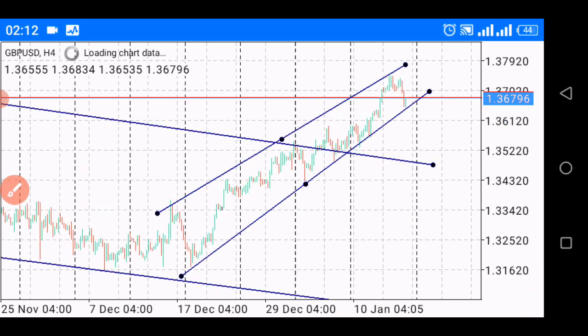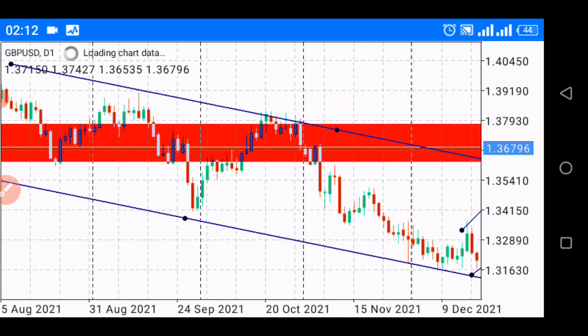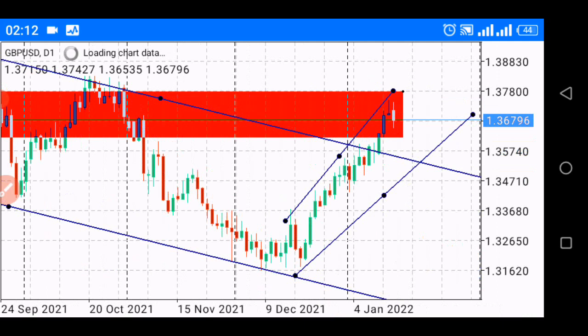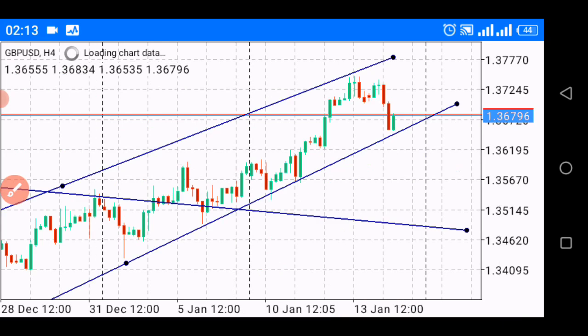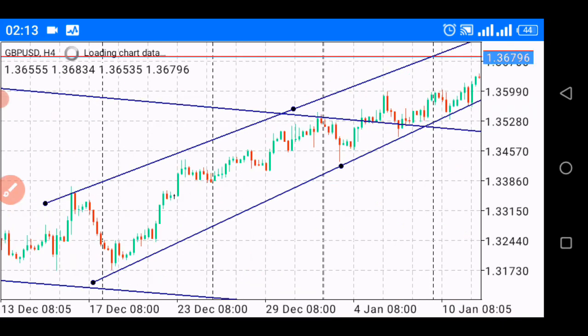though we have a breakout in the daily chart, we have a breakout with a momentum candle. You can see it, this thing breaks out with a momentum candle. Again, we have another momentum candle. For almost 2 days we have a momentum candle, and on the 3rd day we have a rejection candle, and on the 4th day we have an indecision candle. Now you want to take this trade, you can see something here that